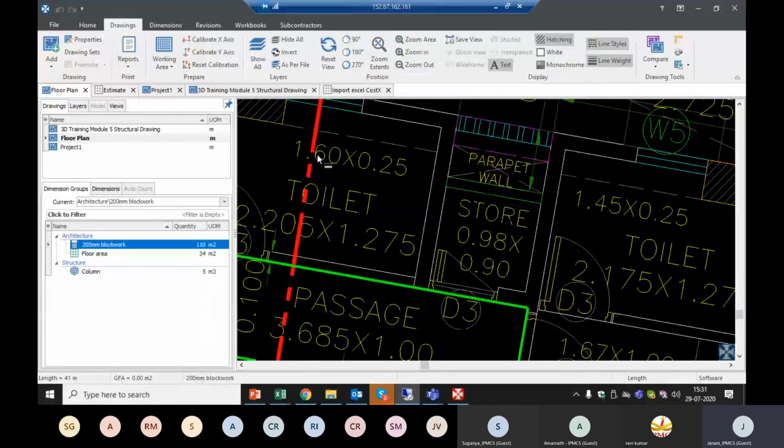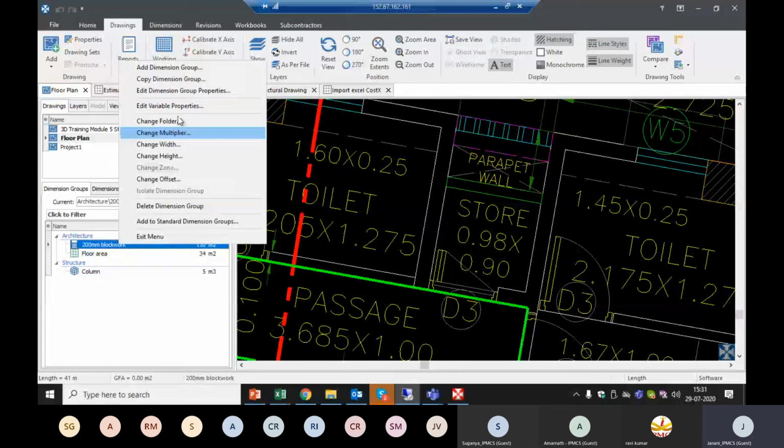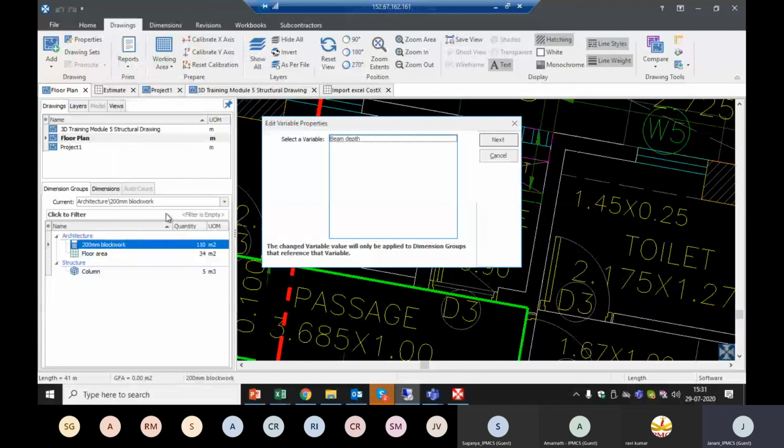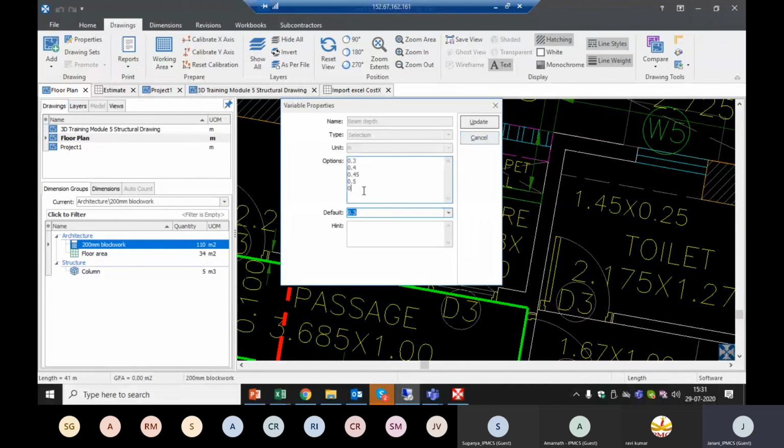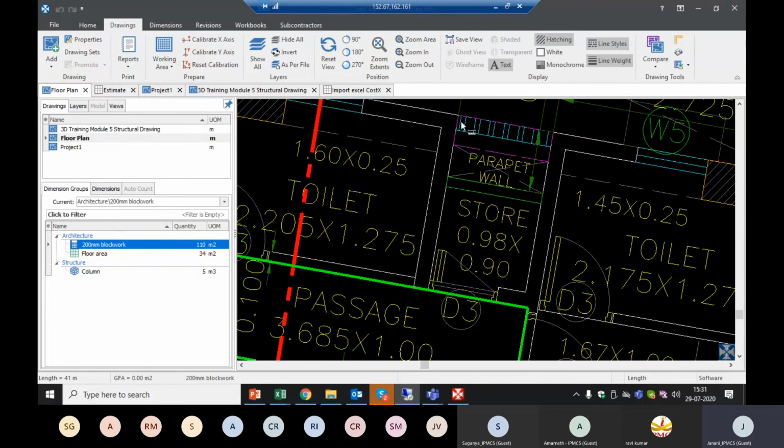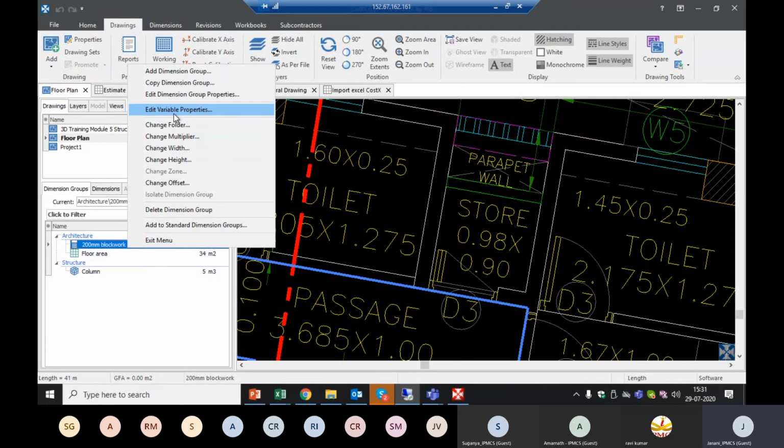Now when I want to introduce two or three more beam depths, I can easily right click here and use edit variable property. Whatever variable we have used for that particular dimension group, we can easily edit here. Now if I want to add three more heights, I can include them and give update. So the edit variable properties option is now available in the dimension groups window itself.